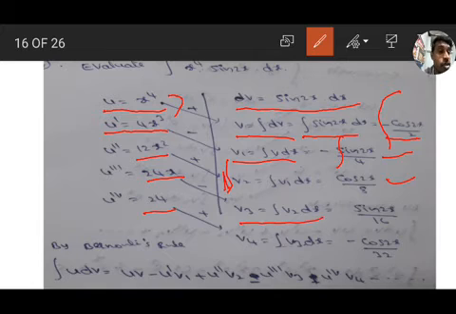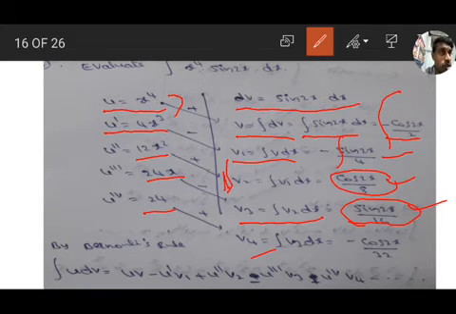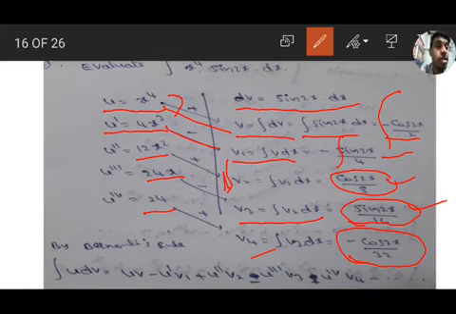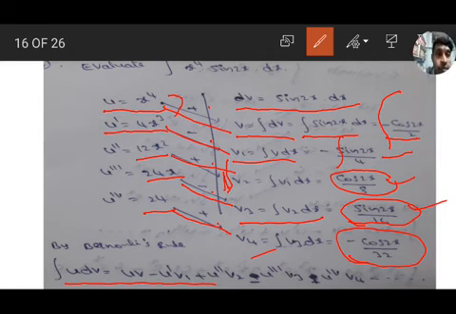So v3 is the integration of v2, the integration of cos 2x by 8 is sin 2x by 16. v4 is the integration of v3, its integration is minus cos 2x by 2, already 16 is there, 16 into 2 is 32, so minus cos 2x by 32. So the formula: uv, u dash v1, u double dash v2, u triple dash v3, plus u fourth derivative v4, with signs minus, plus, minus, plus. So Bernoulli's rule: integration of u into dv equal to uv minus u dash v1 plus u double dash v2 minus u triple dash v3 plus u fourth derivative v4.